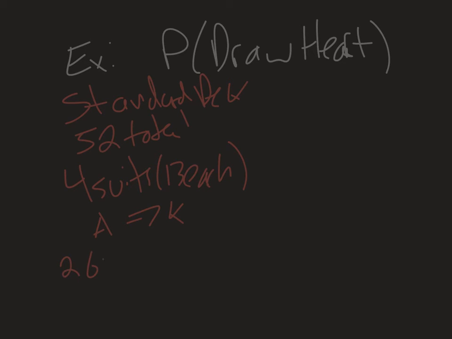Overall, there are 52 cards. There's 4 suits. So there's clubs, hearts, diamonds, spades, and there's 13 of each. There's an ace through a king. If you consider ace to be the low one, if you consider 2 to be the low one, well then it goes from 2 to ace. Either way, there's 13 of each suit. So there's 13 spades, 13 diamonds, 13 of them, and so on and so forth. There's 26 red, 26 black